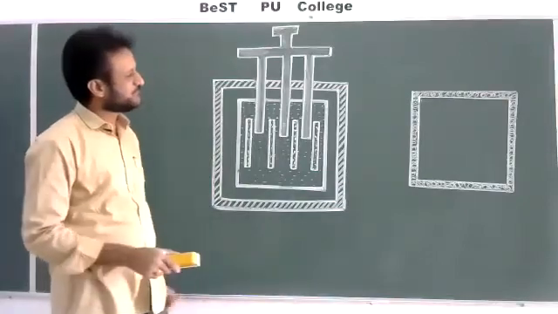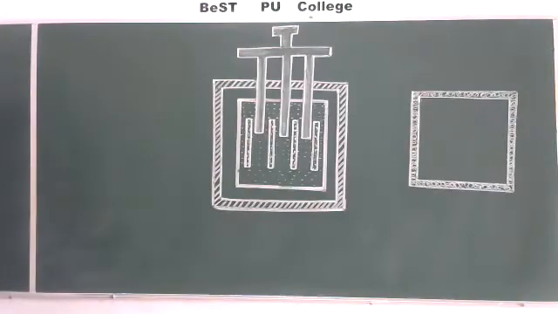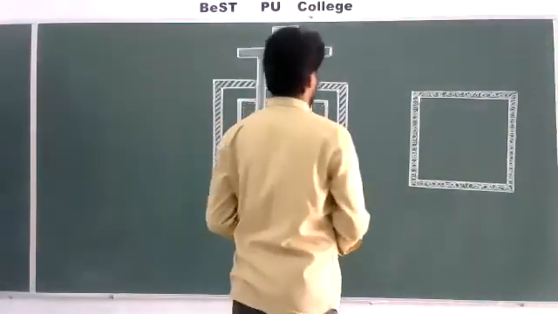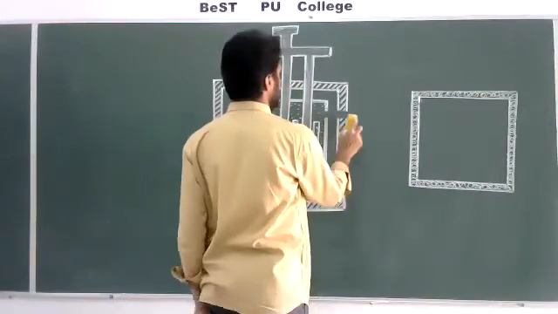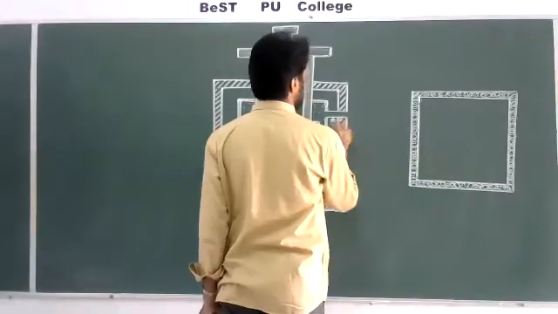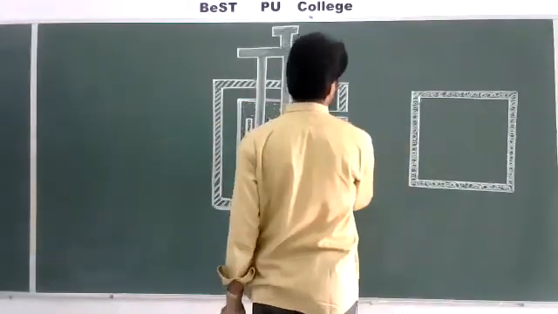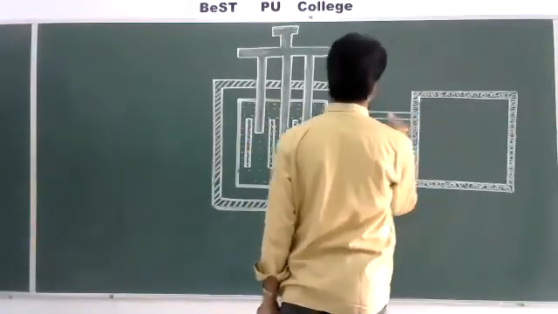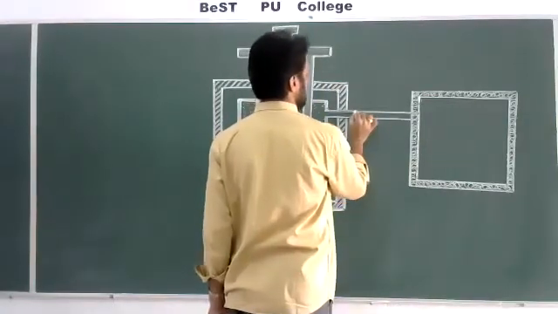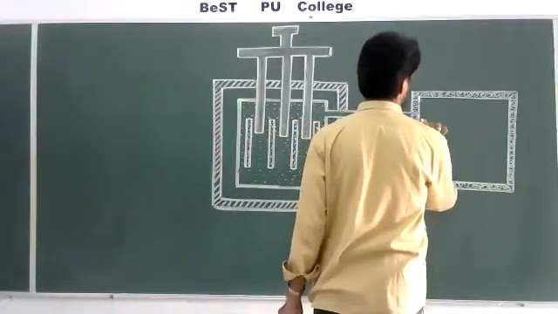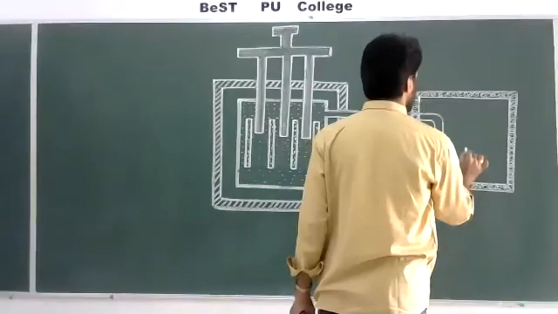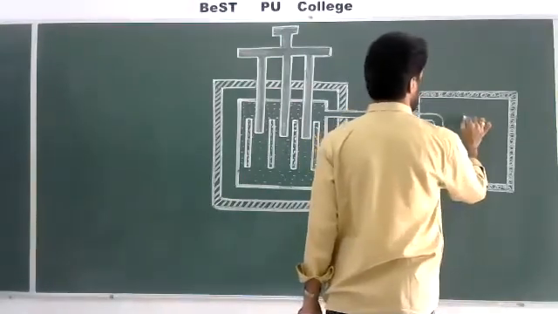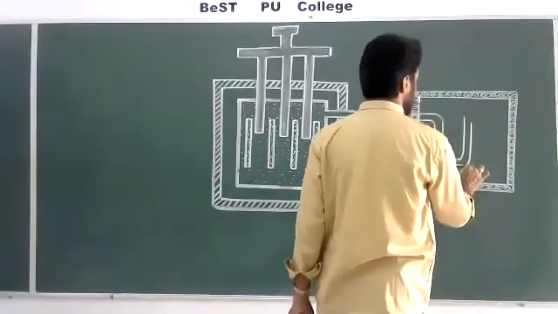Fifth point: neutron reflector. The walls of the core of the reactor are coated with neutron reflecting materials,